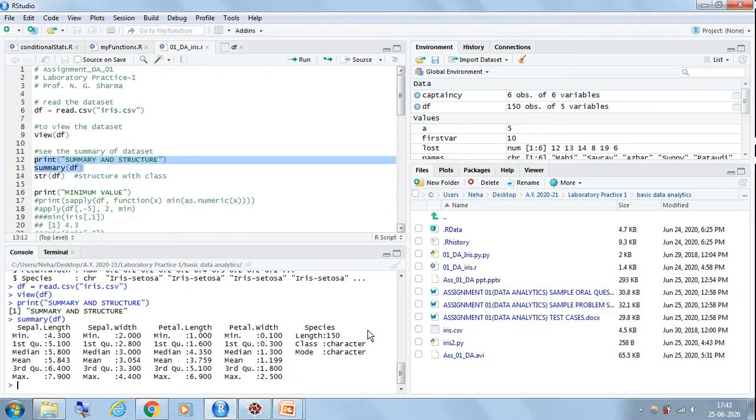Okay, now you need to understand properly what mean, mode, median, Q1, Q2, Q3 are. Basically, mean, as I have already told you, is nothing but the average value. Median is nothing but the middle value. Now there is a difference between average value and middle value. I hope you get that. And mode is the number that appears most frequently.